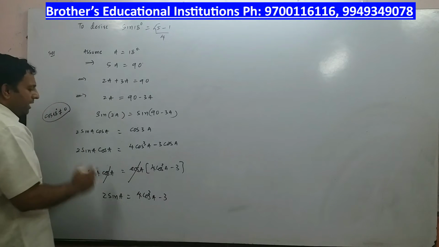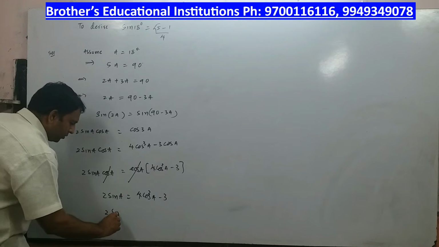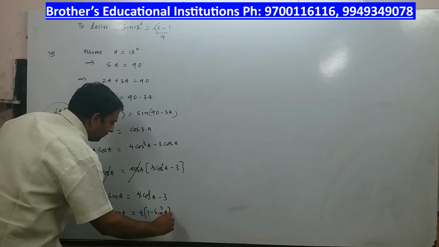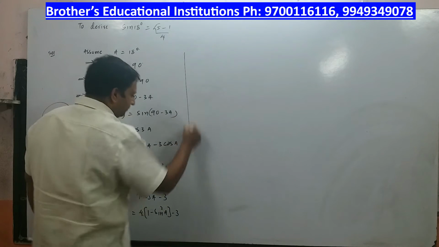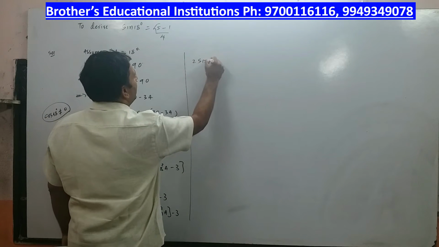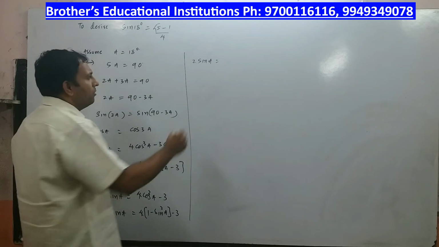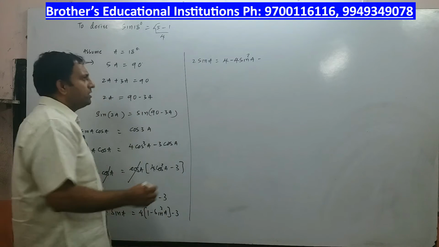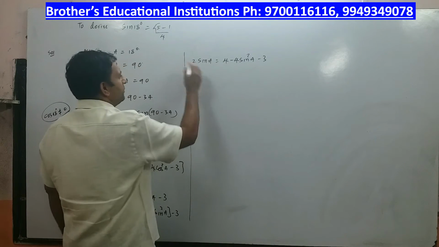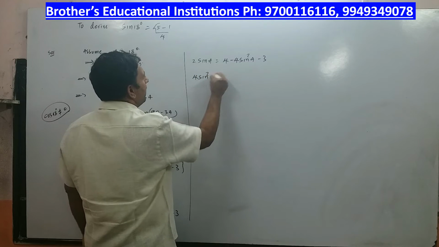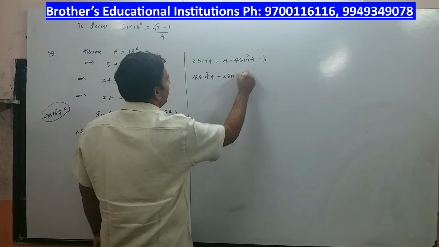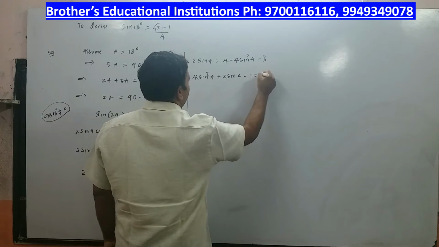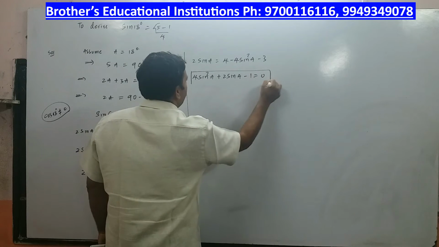Now this cos square A I will try to write in terms of sine. So 2 sine A is equal to 4 into 1 minus sine square A minus 3. I can write 2 sine A is equal to 4 into 1, 4 minus 4 sine square A minus 3. Alright. So minus 4 sine square A will come this side. It is 4 sine square A plus 2 sine A. What is 4 minus 3? 1. When it comes to left hand side, it will become minus 1. Now this appears to me as if it is a quadratic